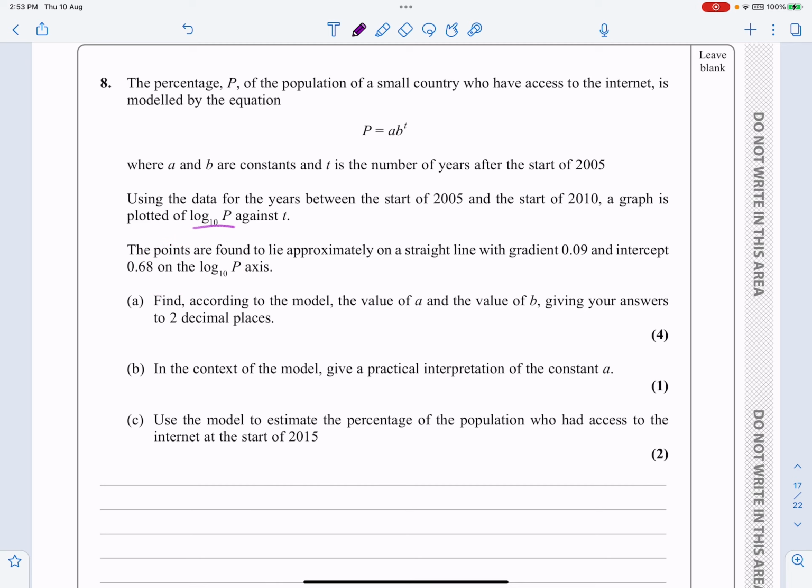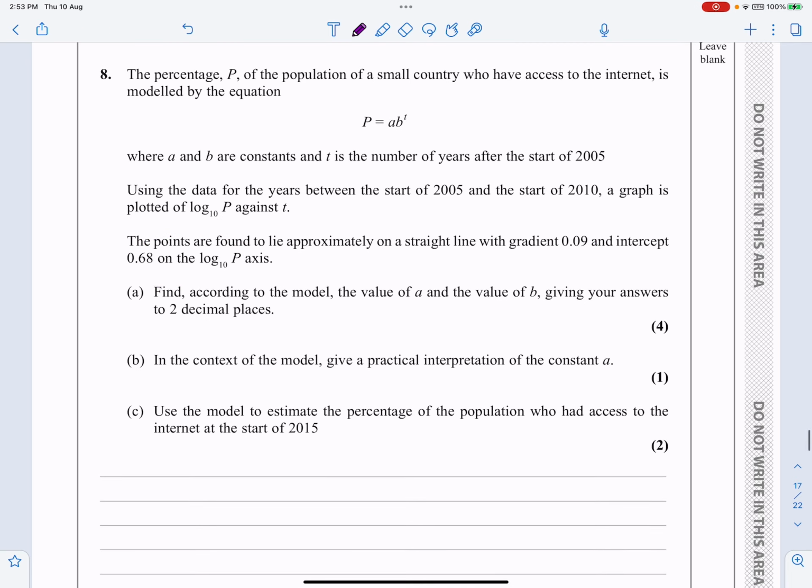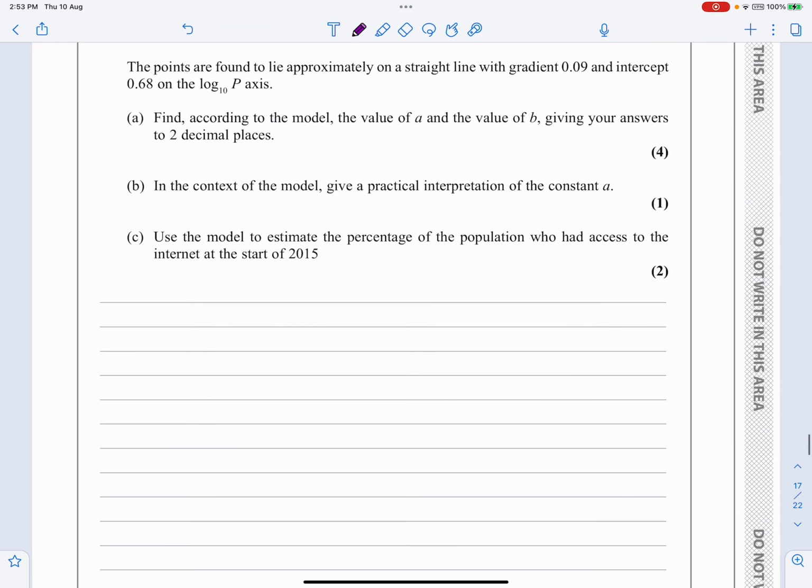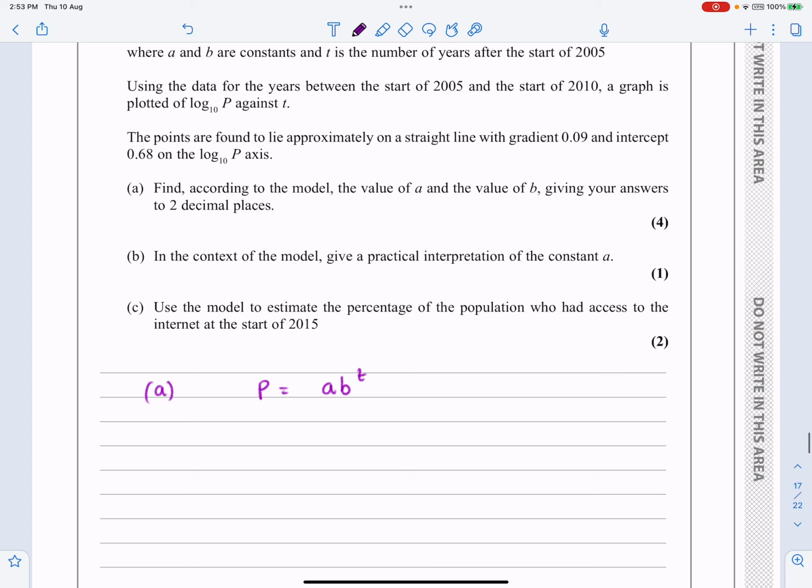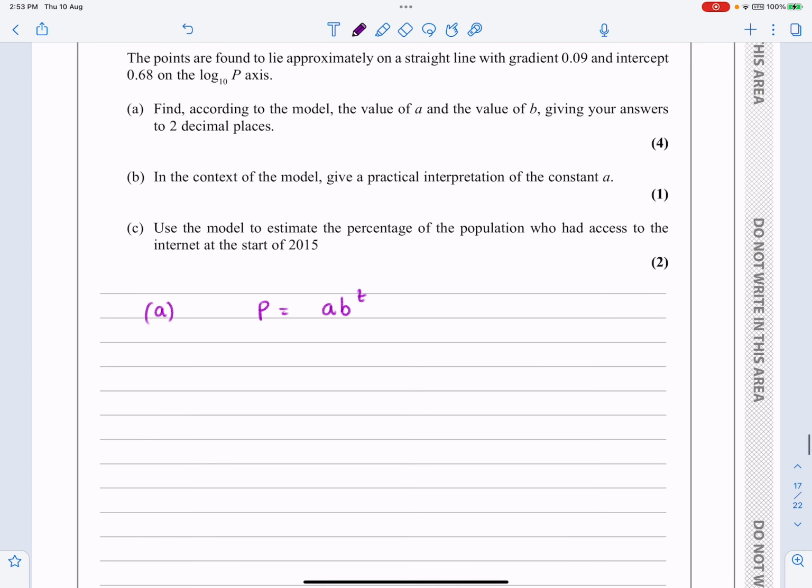So what I need to do to make a start, hopefully you've done a few of these already, they follow a similar sort of format, is if I've got P equals AB to the T, I want to transform this into a linear function, and the way that I'm going to do that is to take logs. We can see here they've decided for me it's log to the base 10 that I'm going to be doing. Okay, so we log both sides,